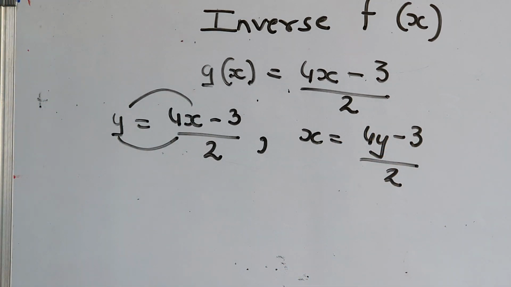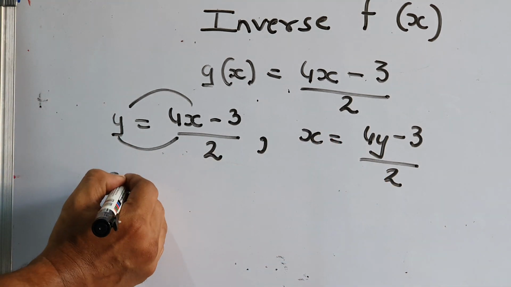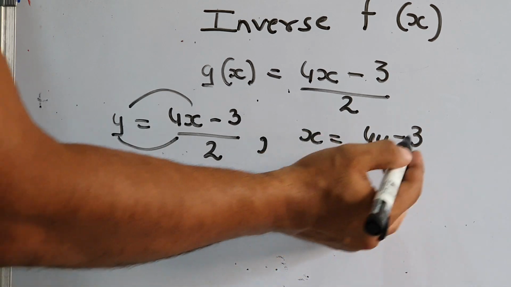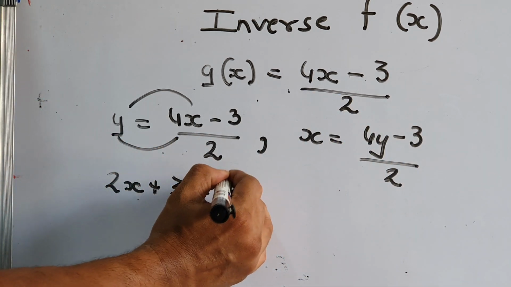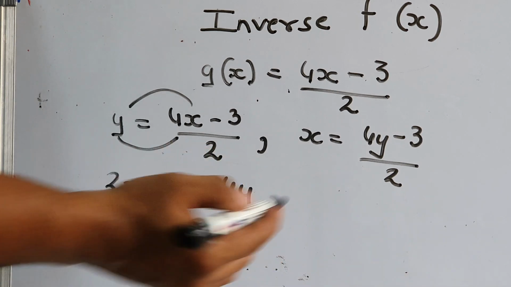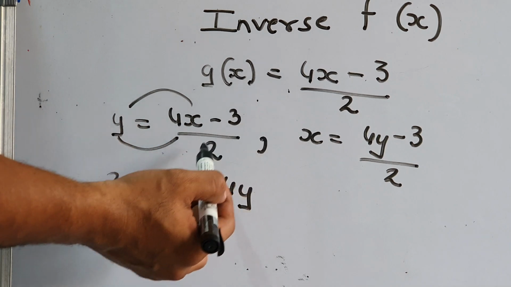What I did, second step is very important to understand. In second step, I have just swapped. Now third step, I take 2 this side, so this becomes 2x. And minus 3 also I take this side, so this becomes plus 3. That gives me 4y. So what I did, first step, let y be equal to 4x minus 3 upon 2,